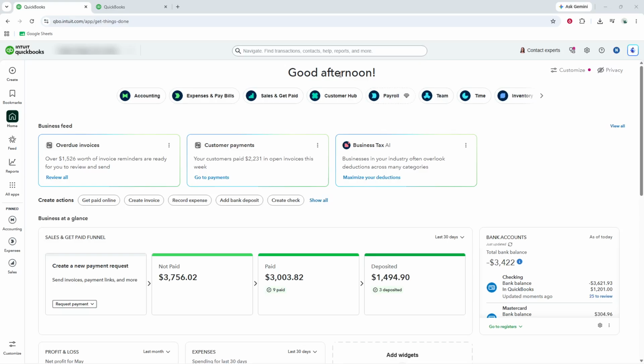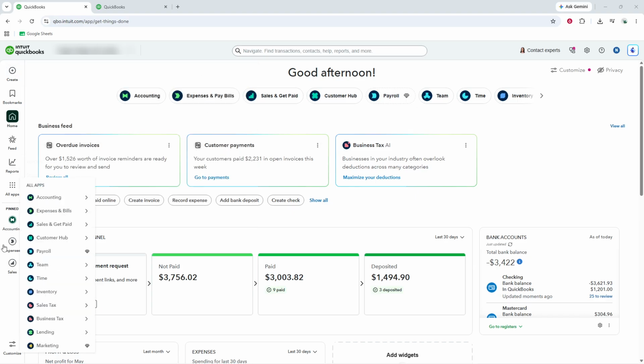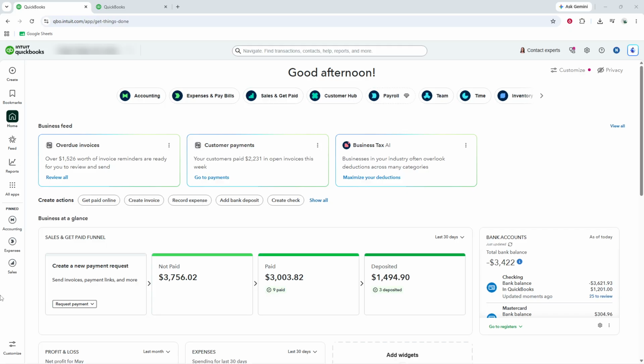In today's video, I'm going to teach you how to download QuickBooks Desktop. To get started, open your web browser and sign into your QuickBooks Online account. Make sure you're using the correct account before moving on, because the download option is available from inside your QuickBooks Online settings. If you're not already signed in, go ahead and enter your login details and wait for the dashboard